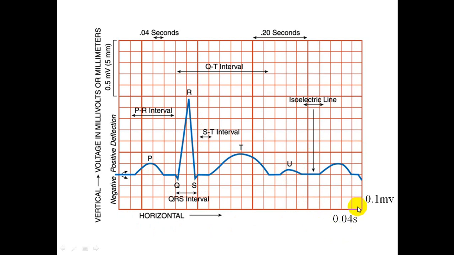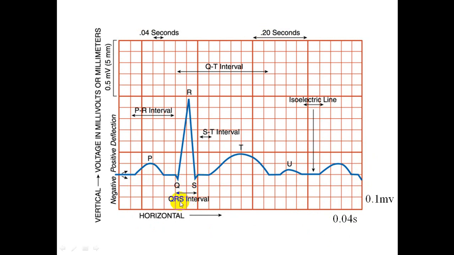Vertically, each small box is 0.1 millivolt, and 5 boxes equal 0.5 millivolt. The big square, the large box, is 0.2 second. The intervals that we will also measure include the QRS complex,